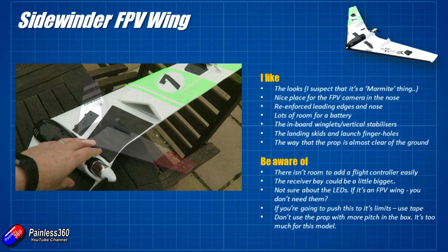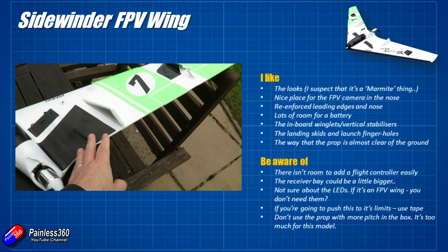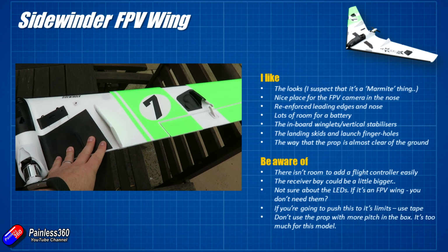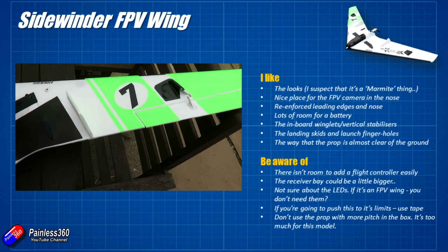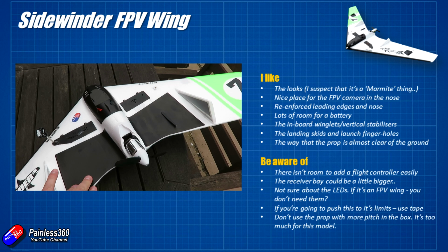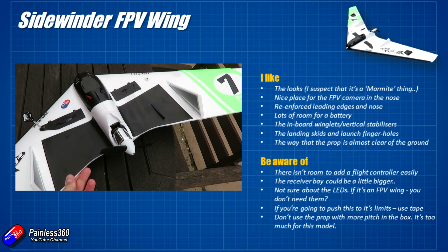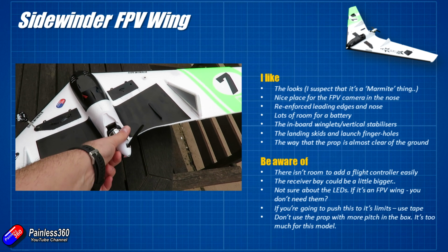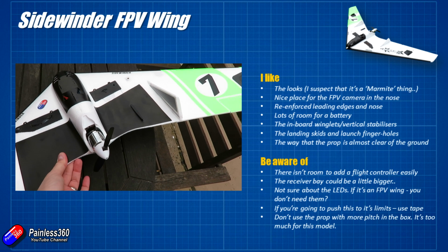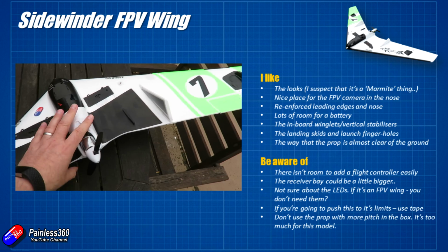It looks like Hobby King have tried very hard to make sure that this wing behaves well when you are really pushing it. This is a 100+ mile an hour wing if you're going to run it on 4S, and you're going to open the throttle, and particularly in dives, you're going to exceed that. So my advice would be, if you are going to intend to push it to the very edge, then I would put a couple of lines of packing tape on the underside of the wing just to provide an extra